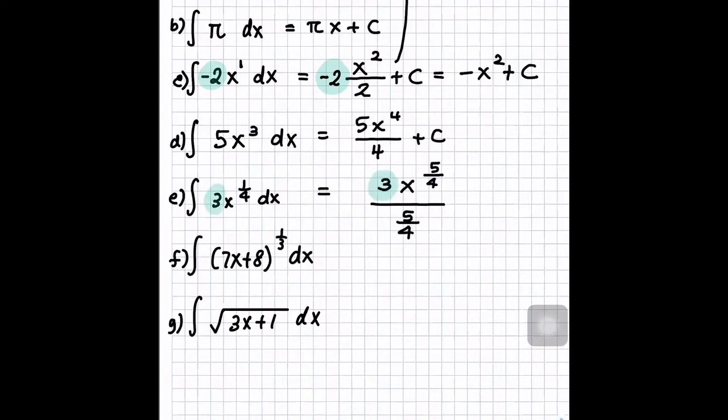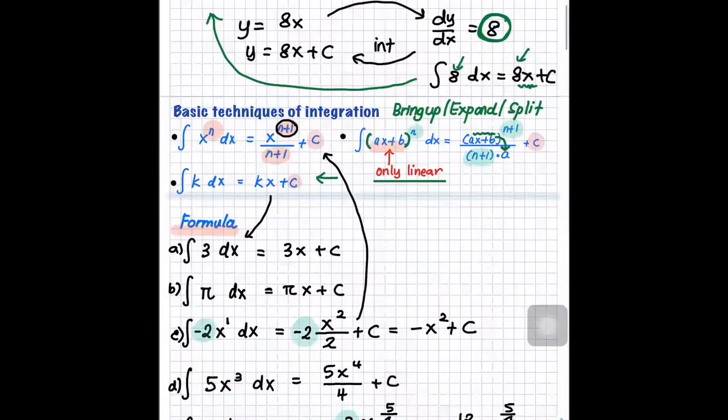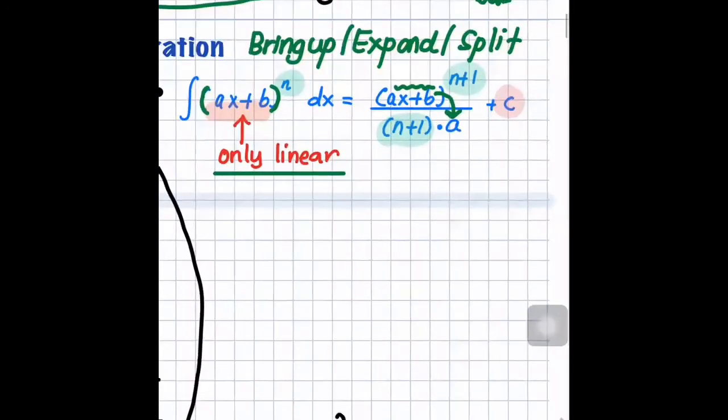Can you please simplify this? Is it a linear or non-linear? Linear. Okay, so it means, can I use the formula directly? Can we just straight away use this formula? Yes. Okay, must be linear, otherwise you cannot do. Maybe by now you're asking, Miss, what really happens if I get a non-linear? So I will teach you the technique shortly, yeah?